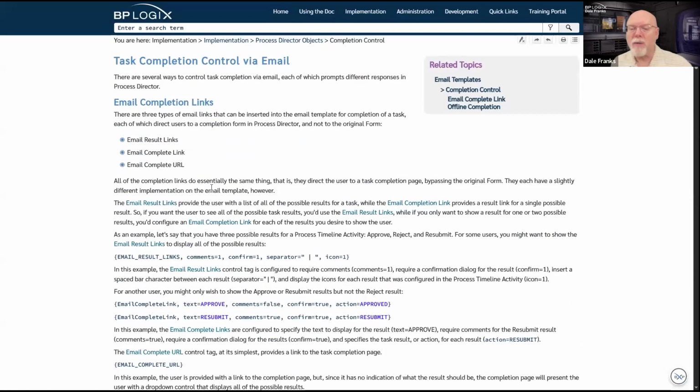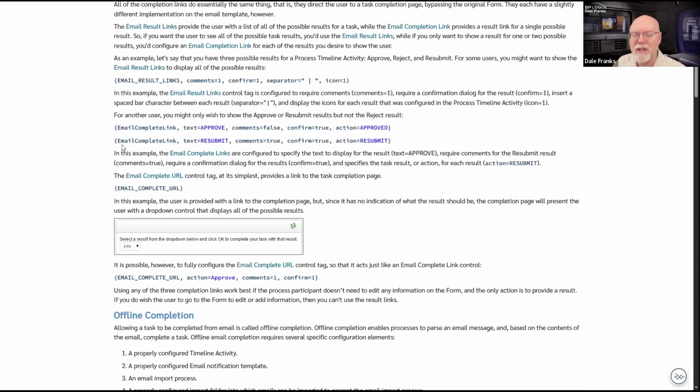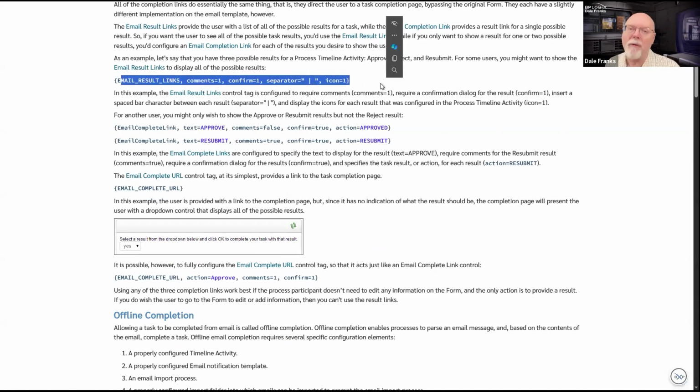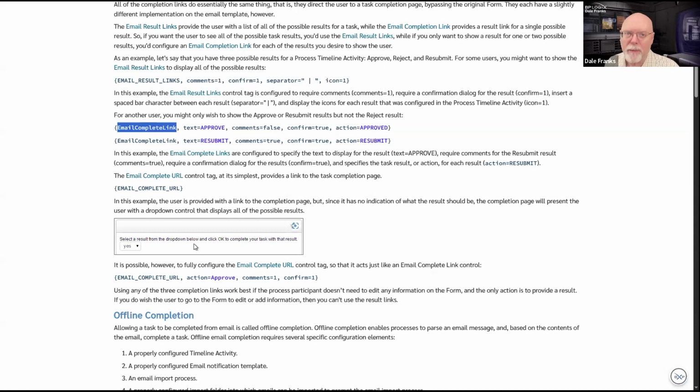In which case, you probably don't want to use the email result links. What you want to use is the email complete link, because in the email, you want to give people the ability to just see specific results and only choose specific results in that email. So email result links shows you everything, every result that's available to you in whatever activity is running. Email complete link allows you, result by result, to configure the specific results that you want to appear in the